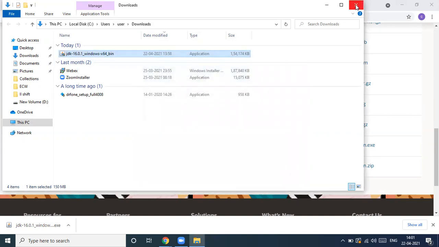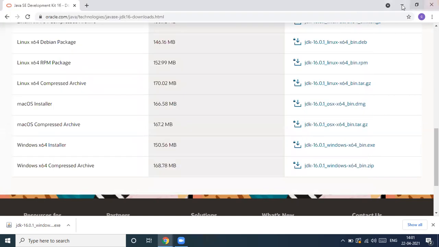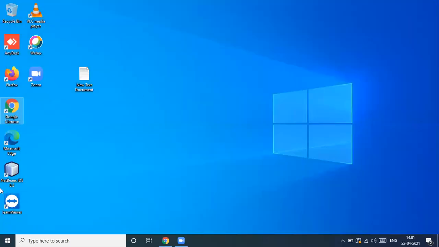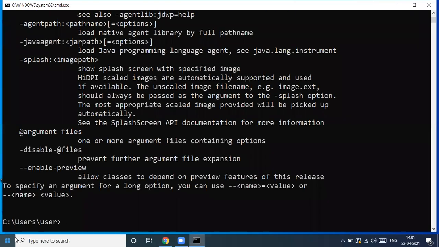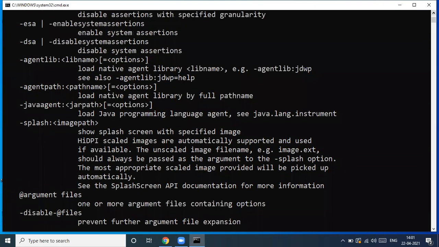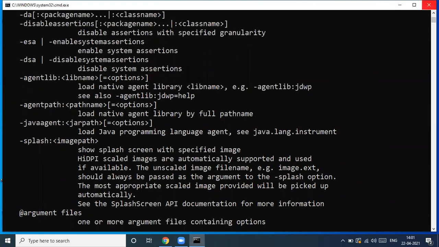If you want to check whether the file is successfully installed on your machine or not, you can open command prompt. How do you open command prompt? Windows R, type CMD, and type java. If this sort of description is displayed on your console, then that means Java is successfully installed on your machine.